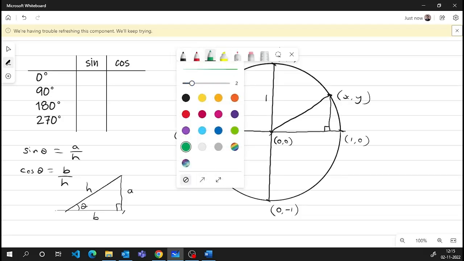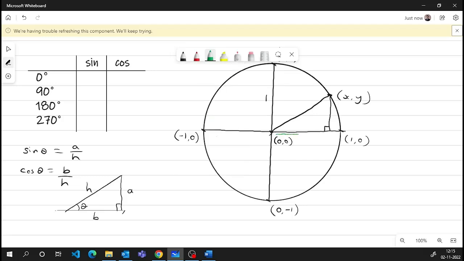So if I say from here till here, the length is x, correct? And similarly, from here to here, if the length is y, right? So then this coordinate becomes x comma y. Y is the vertical length, x is the horizontal length. And that's how we get this point. Now, if we take this angle as theta,